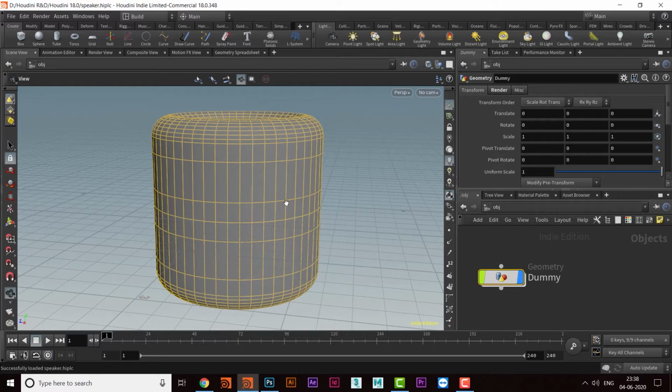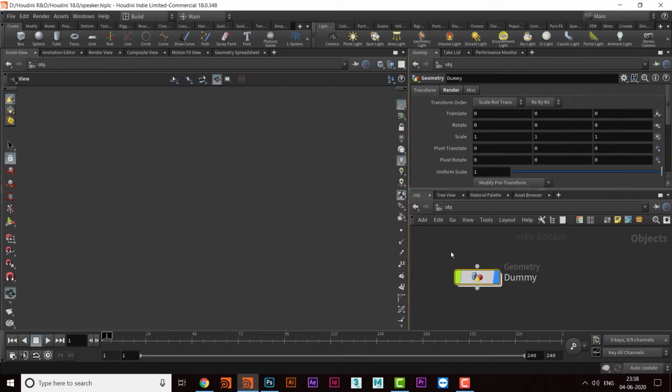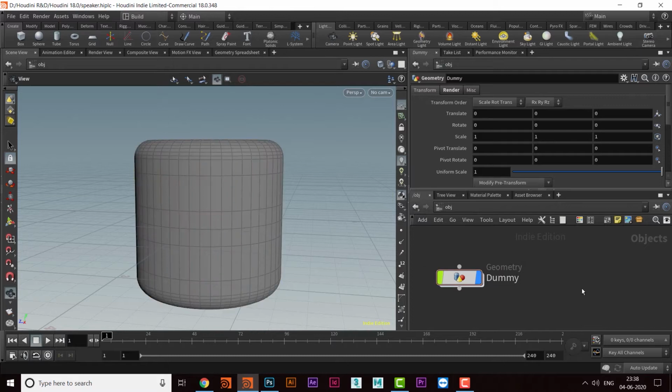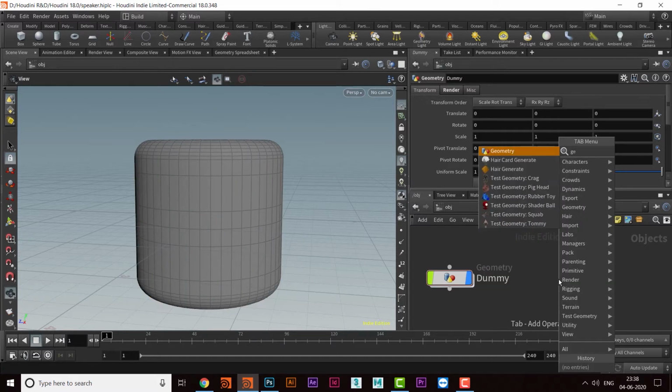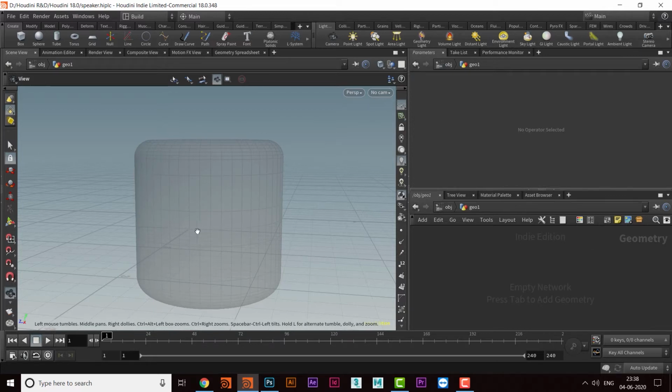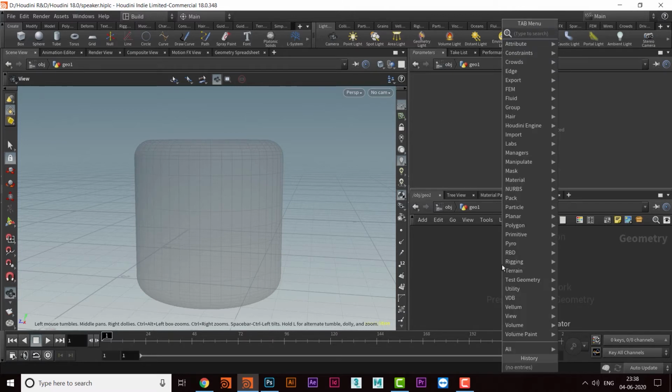So let's get started. Here I have taken a dummy object which I have created. Here is the object, and I will fetch this object in some other geometry. So I will take a geo node. How can we call an object which is in the other geo? We can use a different kind of node for that, and that node is object merge.